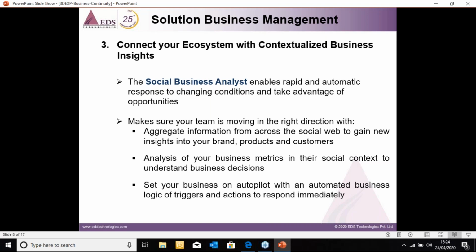So this is the solution which can help me to have business metrics with respect to the social context and to understand the business decision. I will use the information from across the social media to help and inform the decision making team. Instead of looking for relevant information online, users can see it from one single dashboard, which I was just referring to, the 3D experience platform, aggregated and categorized automatically. That is the beauty of this solution. Everything is available in one single dashboard, aggregated and categorized automatically.